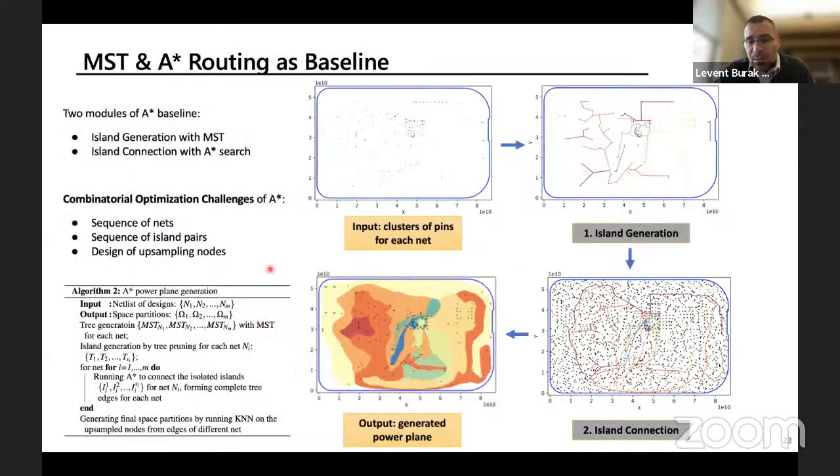As a way to compare this approach to our previous attempts, we actually started with a completely different approach involving minimum spanning trees and A-star routing, and we use that as a baseline where, given the bare board, we created minimum spanning trees that fully connect all the pins for each net. And then we looked at intersections and created disconnections, and then finally used methods like reinforcement learning or other approaches to A-star search to join the disjoint trees.